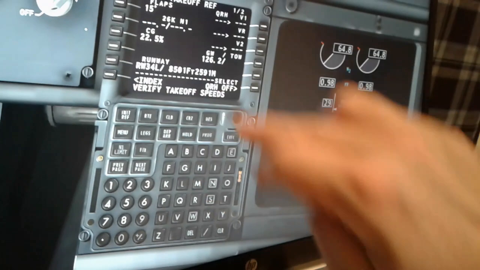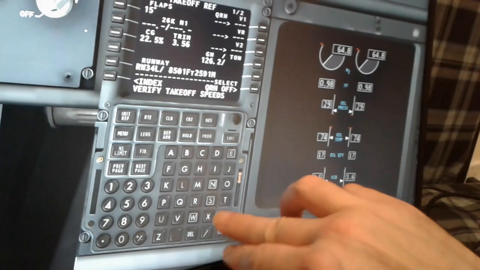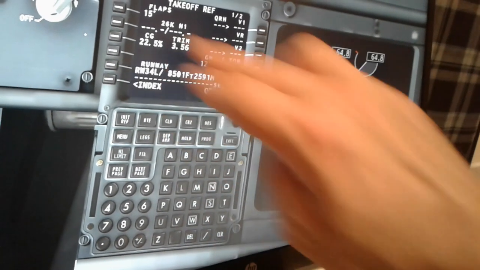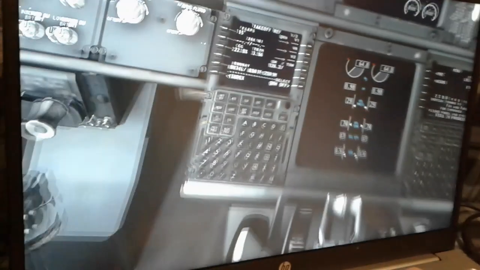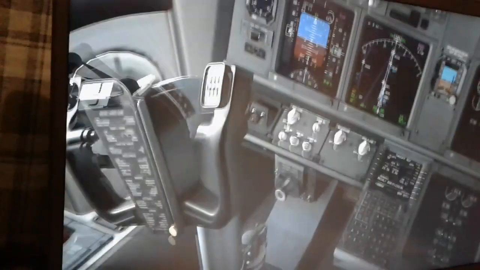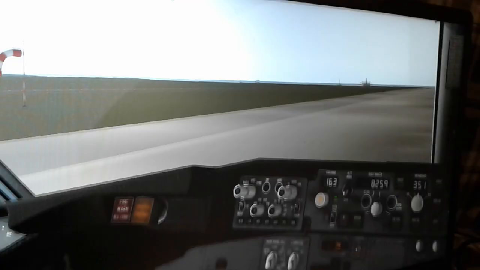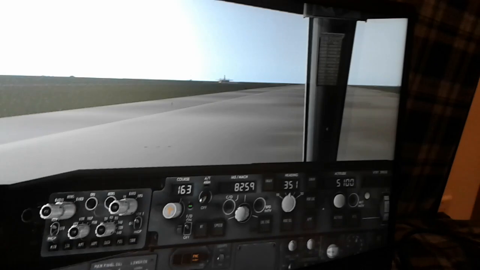Center of gravity trim is gonna be 3.5 degrees. So we are ready for the flight. As you can see,